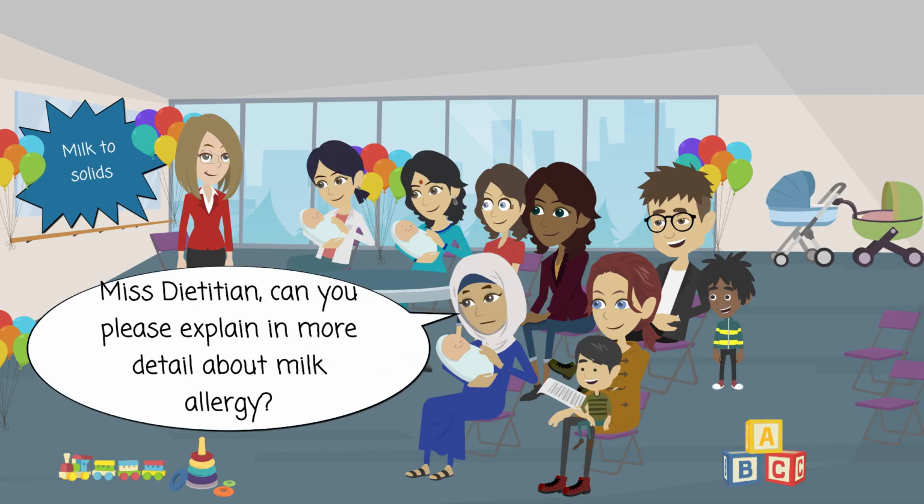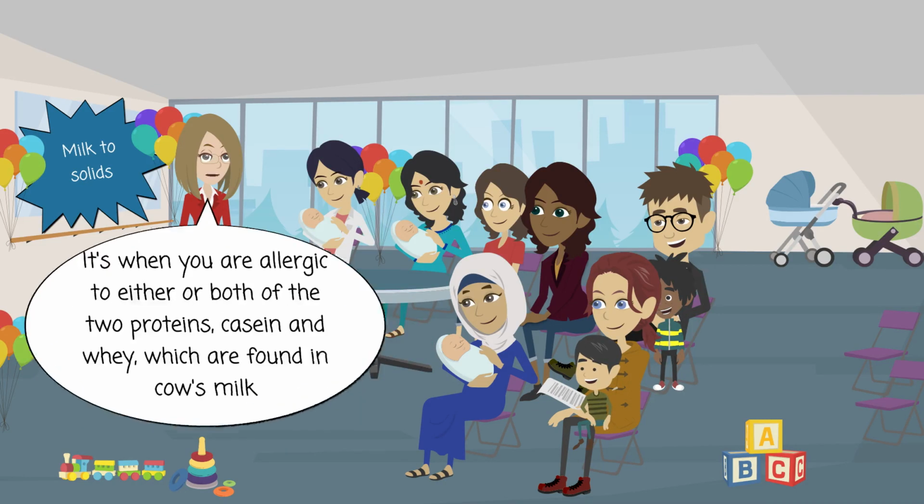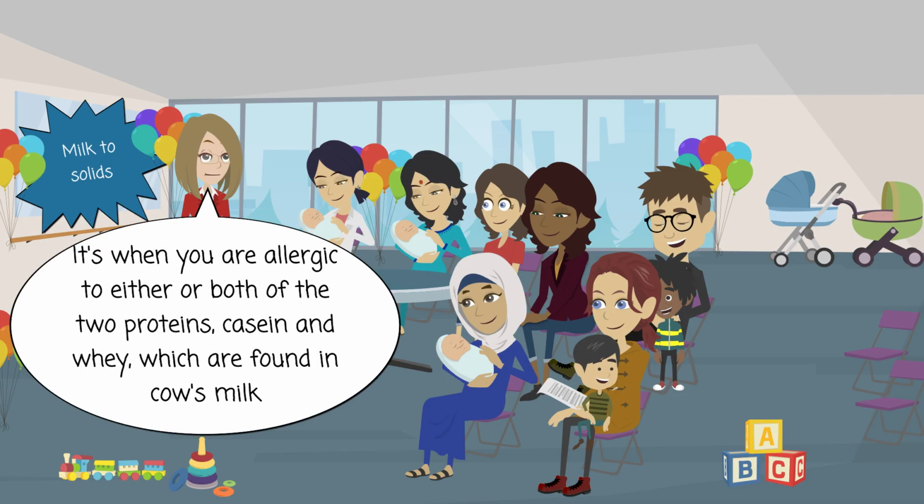Miss Dietitian, can you explain in more detail about milk allergy? A milk allergy is also known as cow's milk protein allergy, or CMPA for short. It affects around 2 to 3% of 1 to 3 year olds. It's when you're allergic to either or both of the two proteins, casein and whey, which are found in cow's